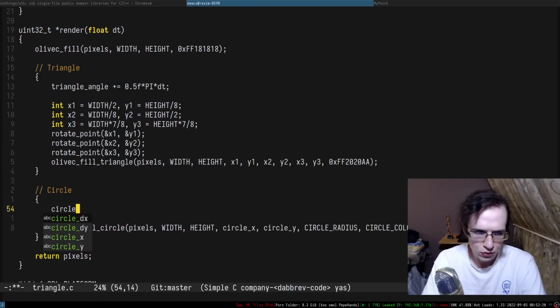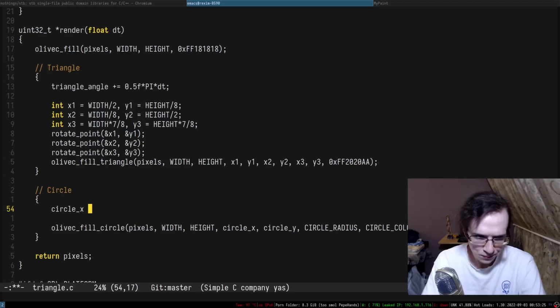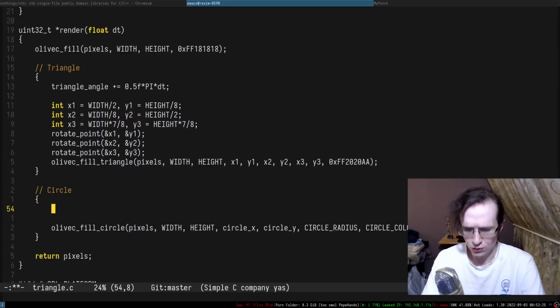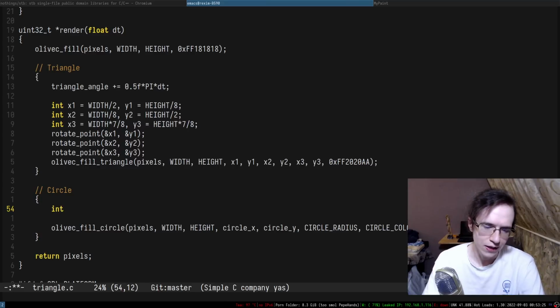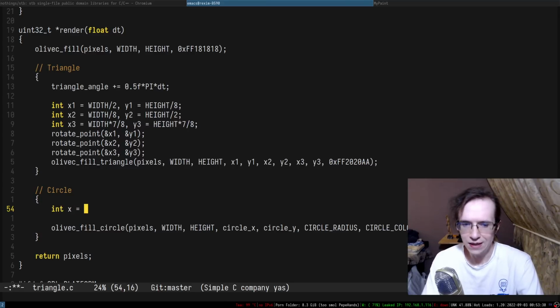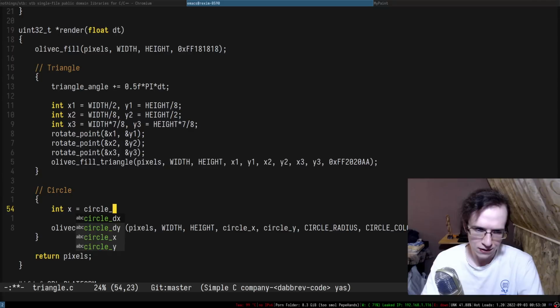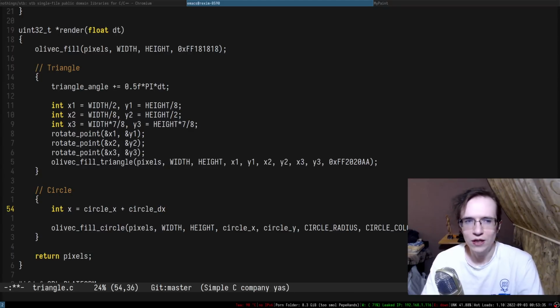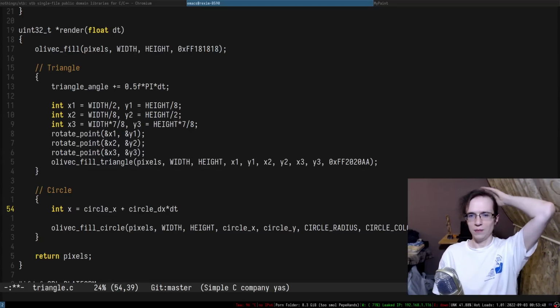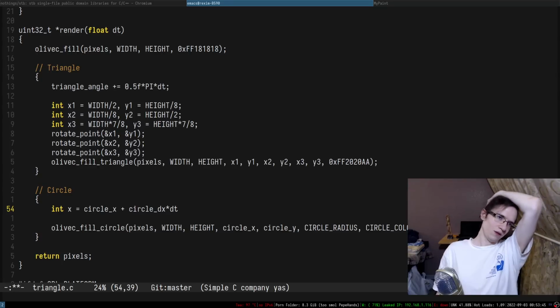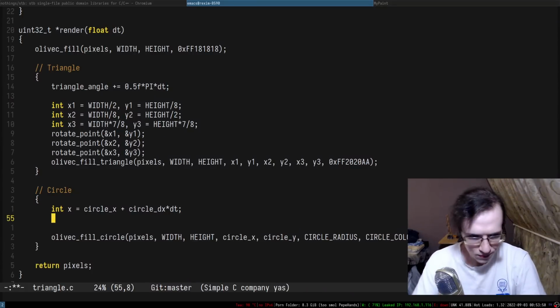And here what we're supposed to do is circle x. Well, the usual thing I do is that I create sort of a next x, circle x plus circle dx, but we also have to take into account the delta time, right? We also have to take into account the delta time. So what's interesting is that delta time is float, which is probably fine, right? Anyway,